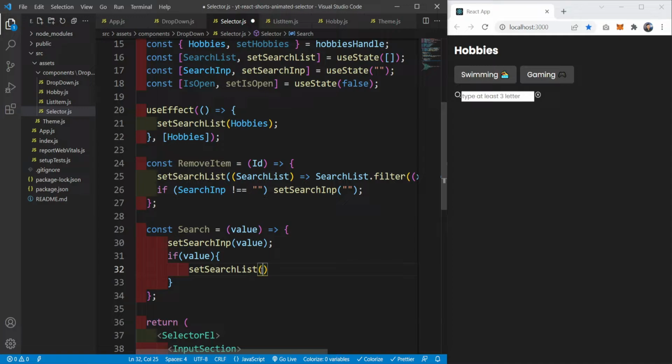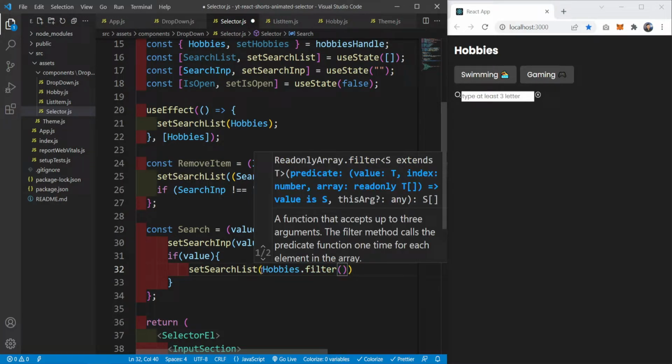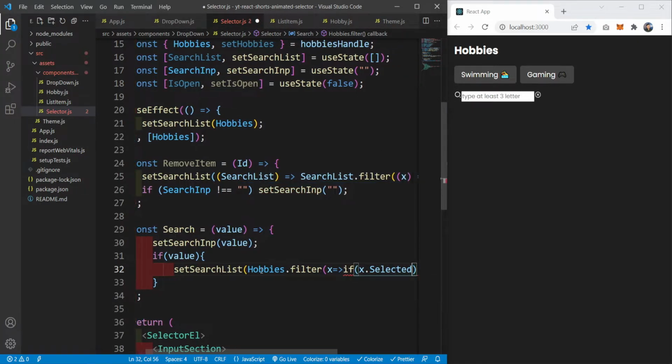We're going to type in, but only those that have selected false, those that are not selected already. So we set the search list to hobbies, we filter this, and x. In here I will check if x.selected. If it's not selected,